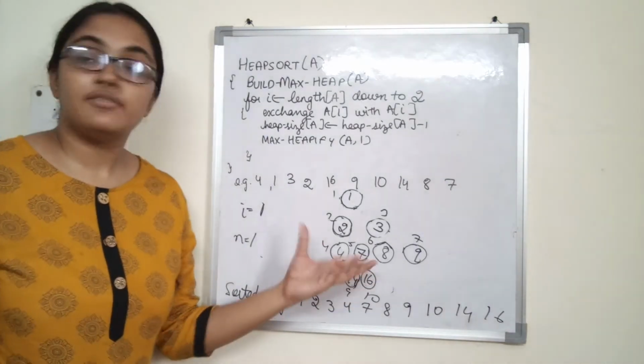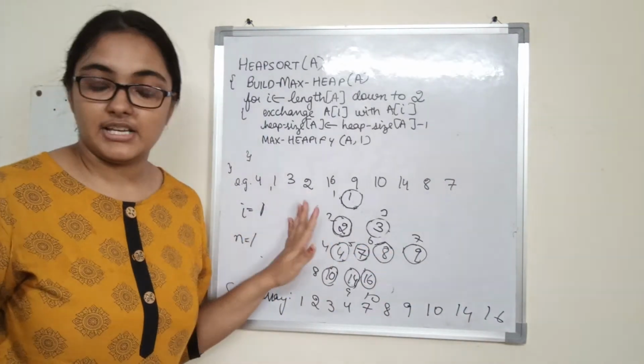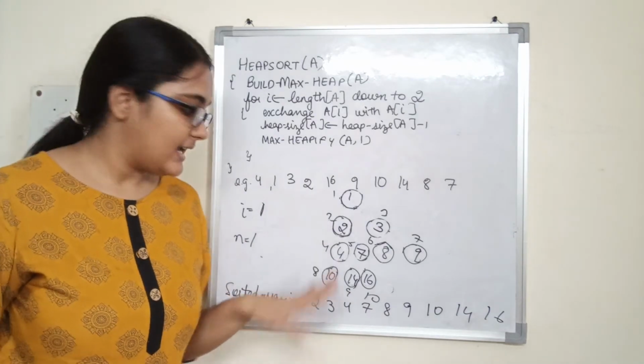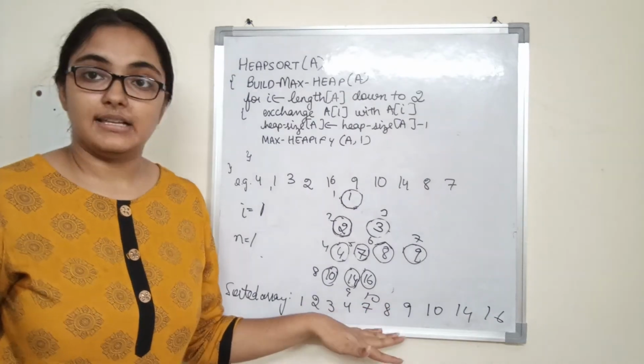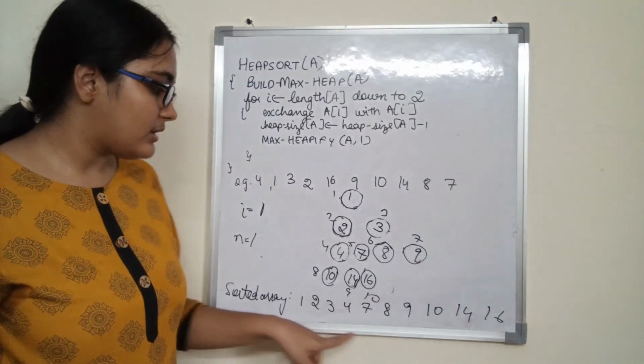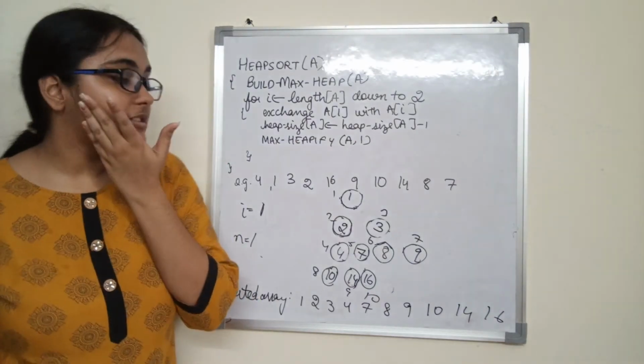Level wise. Alright, if you wanted, you could have done it using the array itself and not in the representation of tree, but for a better understanding I have done it using a tree and further converted into the array at the last. Alright, so now it is sorted: 1, 2, 3, 4, 7, 8, 9, 10, 14, 16. How did we do it in the case of heap sort?